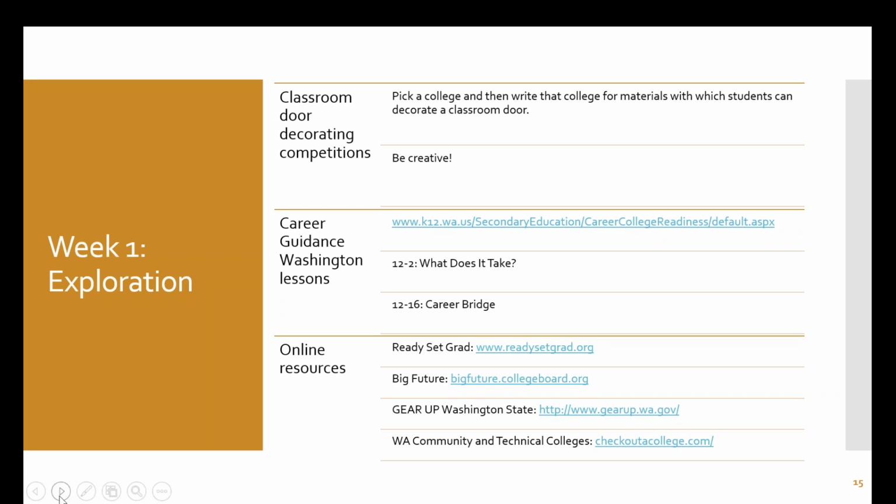Some schools will adopt a door for a teacher's classroom door, and they will decorate it in the colors and everything of the school that teacher went to. I've seen schools hold competitions. You have some amazing artists at those schools who will draw out the logo better than I ever could draw anything in my life. It's amazing to see what students can do, but they are so creative and they get really excited about it.